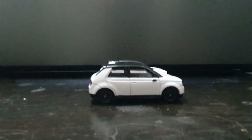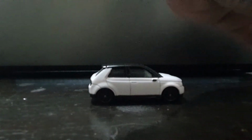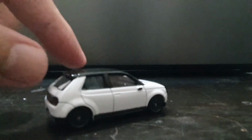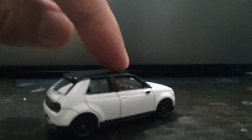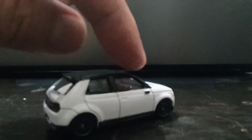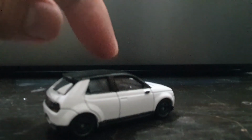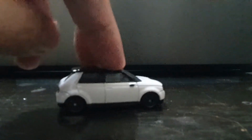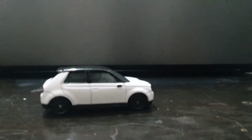Okay, now on to this Tomica, and I gotta tell you, I actually considered doing an unboxing video of this, and I filmed one, but I just could not make peace with the fact that this Tomica is an expensive car. In my country, this is the equivalent of $5. And for $5, to be fair, we get an interior. Unlike on the Matchbox, we get the side cameras. For the record, regular Tomicas never have side mirrors, so it was a refreshing change of pace that Tomica reproduced the side cameras which appear on the real car. And we have suspension, which is another, I suppose, quote-unquote premium feature. But then we have